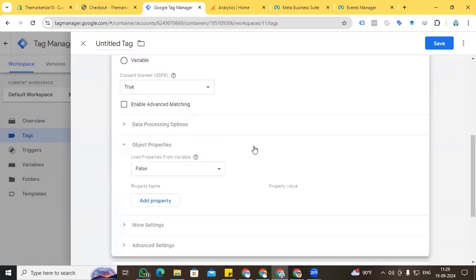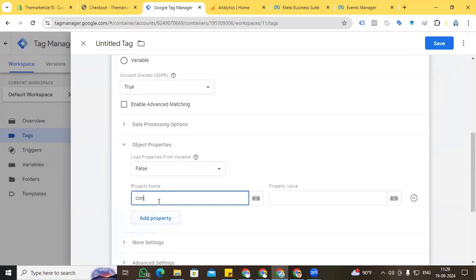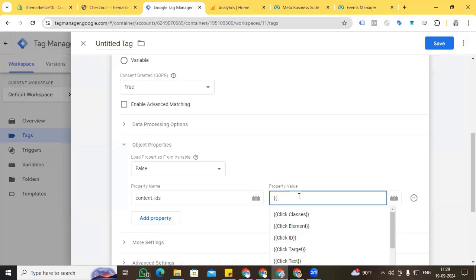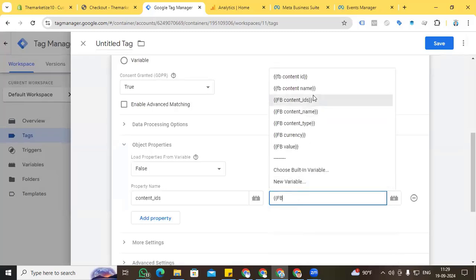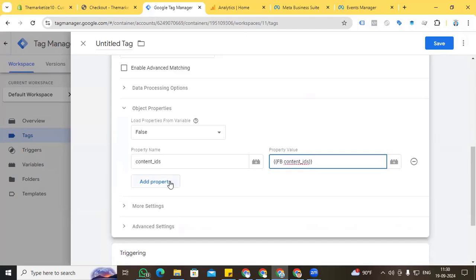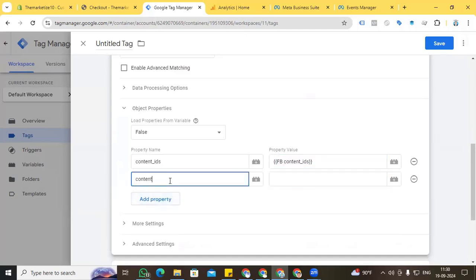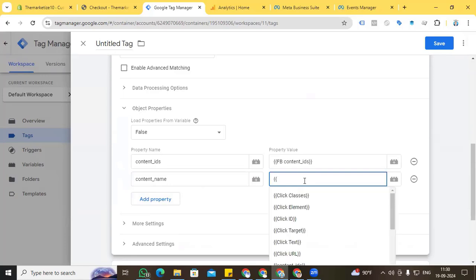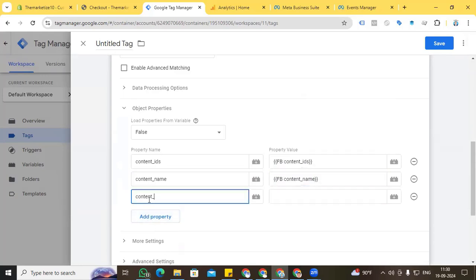are the options. You have to add each and every required parameter for the begin checkout event, and you know that also the recommended Facebook parameters. So for that, we are clicking add property, and we are adding our property name, content IDs, and here we have to add the property value FB content ID, which we created before, and the second one is content name. So we are adding the content name property value, that is FB content name, and our third one is content